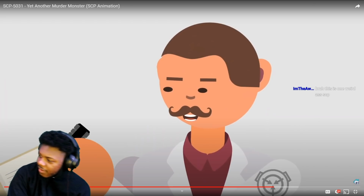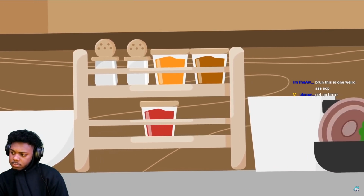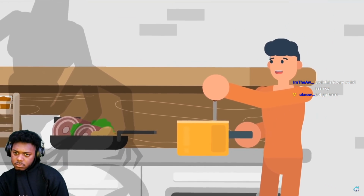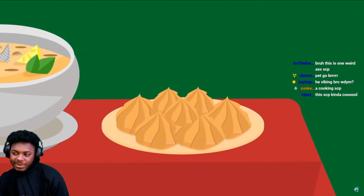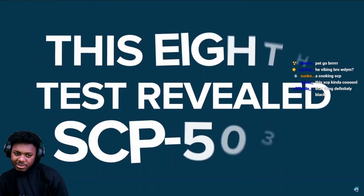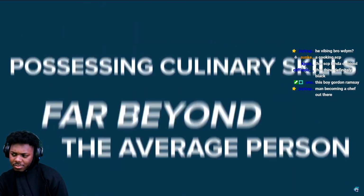Following this development, senior researcher Huxtable devised a new test for SCP-5031, providing the creature with cooking utensils and using D-52125 to demonstrate. 5031 was shown how to prepare a variety of different dishes, from hamburgers and tacos to Mongolian beef, steak, clam chowder, and profiteroles. In addition to a small peanut allergy, this 8th test revealed SCP-5031 to be a phenomenal chef, possessing culinary skills far beyond the average person. The creature quickly and enthusiastically...